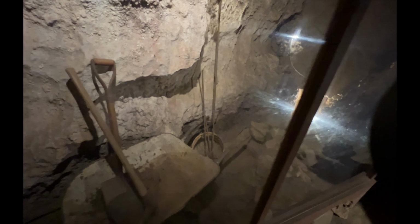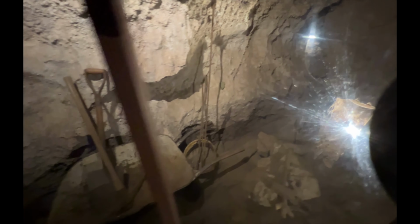In the wood box, you'll see one of the original bulbs from the 2000 bulb system. They were big and didn't put out much light. They actually had to put them in groups of 3 and 5. Power tools or explosives. And the thing I really think is cool, they only modified about 2 to 4% of the walls to get people through here. So if you come up here,